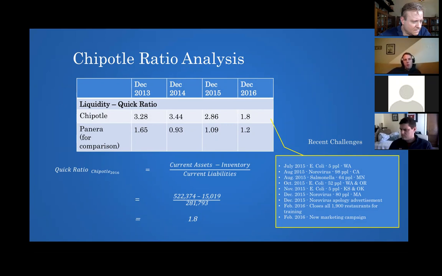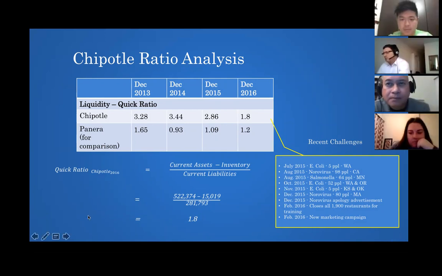So if we look at the table for Chipotle, we see the decline starting in December 2015 and then more in 2016. And the reason is all the recent challenges that Chipotle has gone through, starting from July 2015, the multi-state outbreaks of foodborne illness have prompted some eaters to stay away from Chipotle,